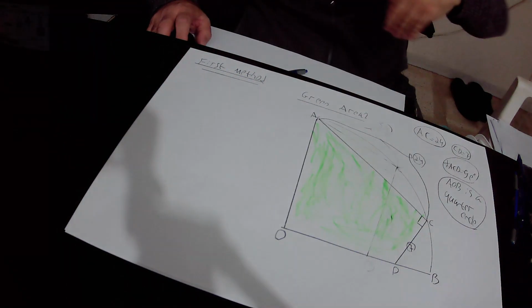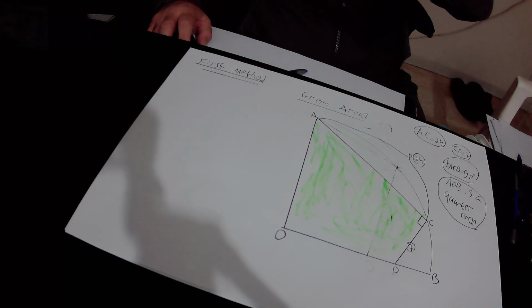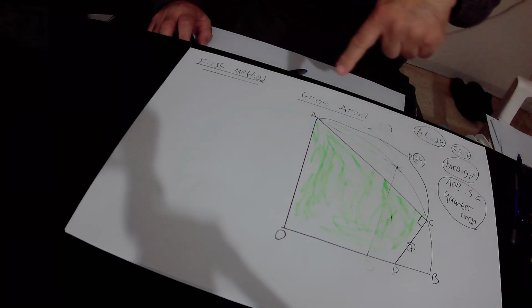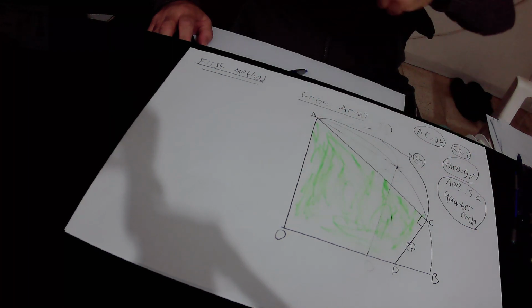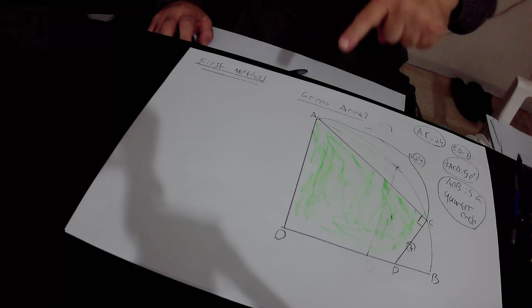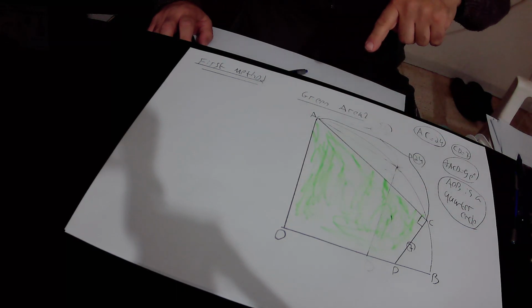Hello, in this lecture we'll find out the area of the green shape using two different methods. In the drawing we have a quarter circle. AOB is a quarter circle. Inside this quarter circle we have